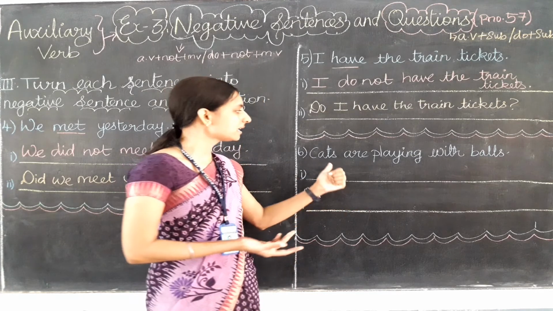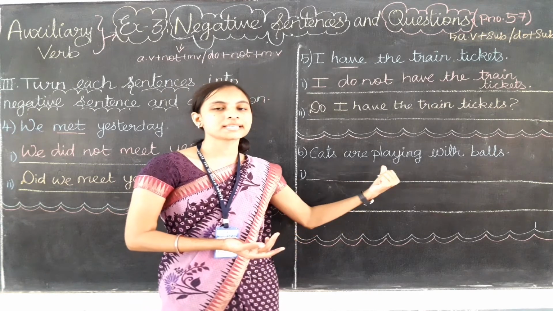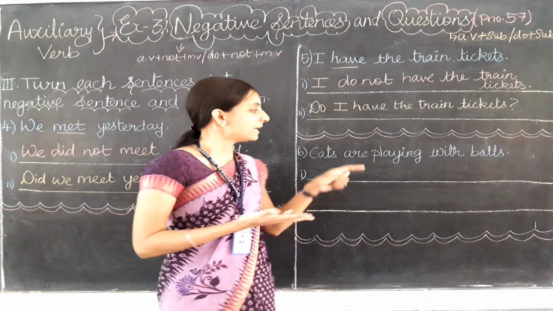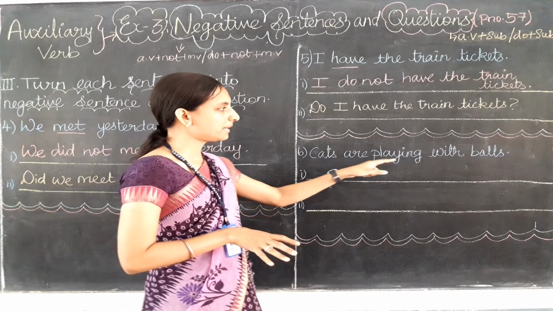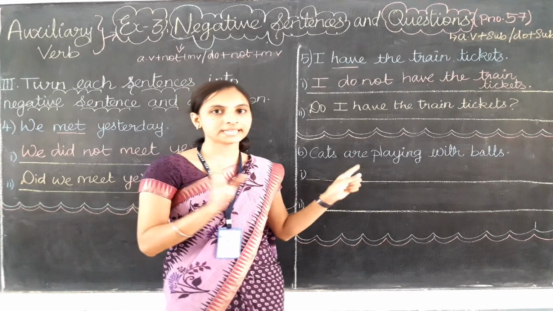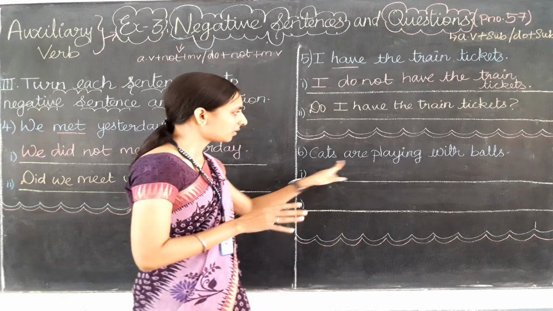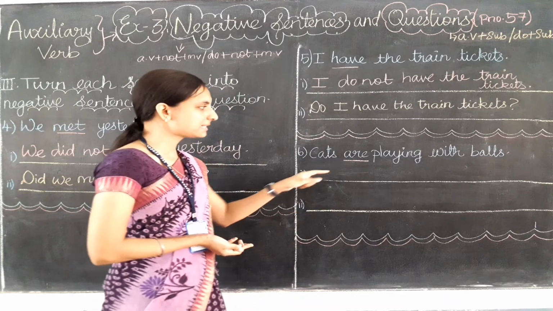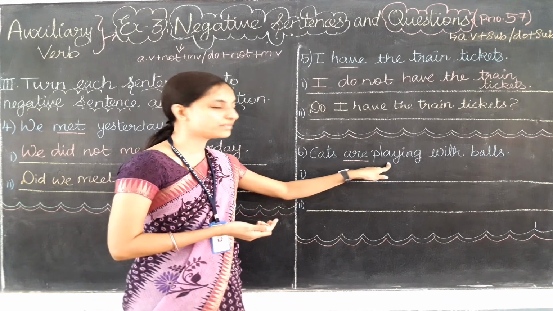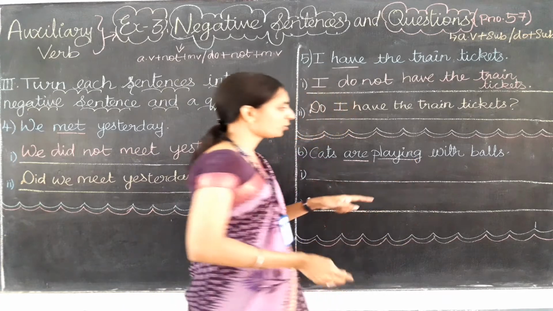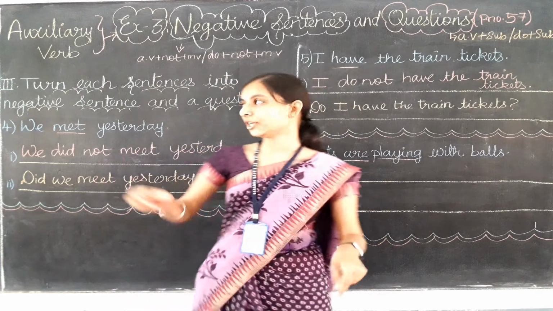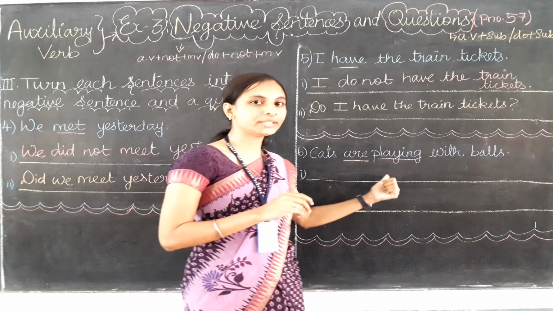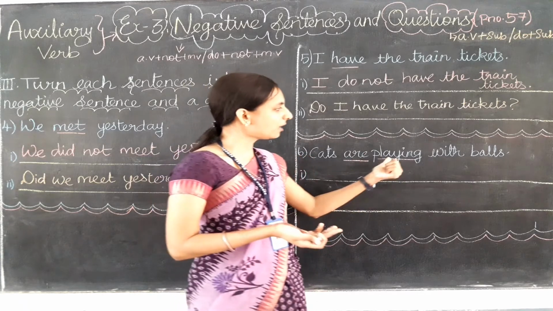So here the sentence is cats are playing with balls. Let's make it into a negative sentence. Here you need to find, is there any auxiliary verb with the main verb or not? Here there is an auxiliary verb, that is are. Are refers to the be family, that is an auxiliary verb only, and this auxiliary verb comes with the main verb, that is playing. So when an auxiliary verb comes with the main verb, we need to apply the first rule, that is we need to write the subject first and then the auxiliary verb. After that we need to write not to make it negative, and all other words.